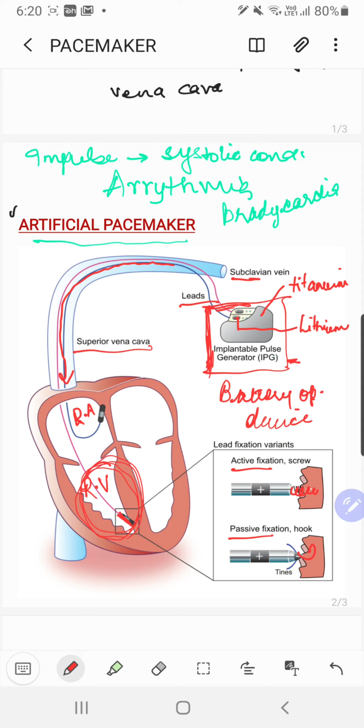If the SAN is totally distorted, at that time also this pacemaker can help. So basically, arrhythmic condition, bradycardia condition, weakening of the heart muscles, all this is sensed by this battery operated device, and it starts producing those impulses or shocks which are transferred through the lead into the inner wall of the heart, so that the heart receives that impulse and shows the reaction, right? This is all about the pacemaker.